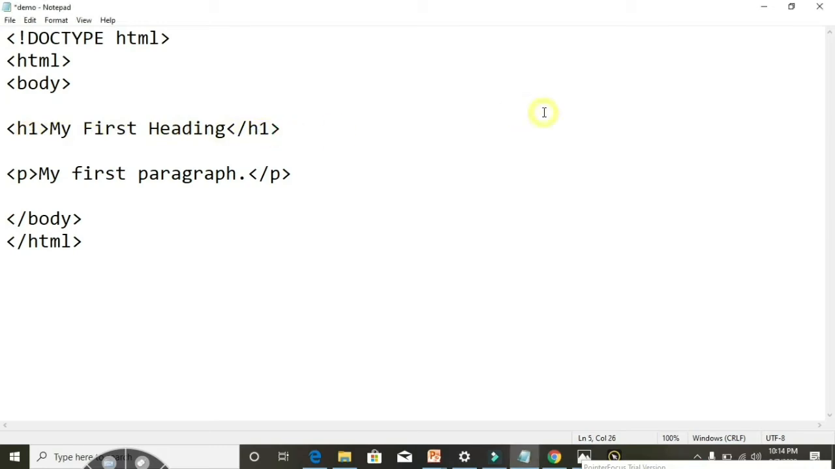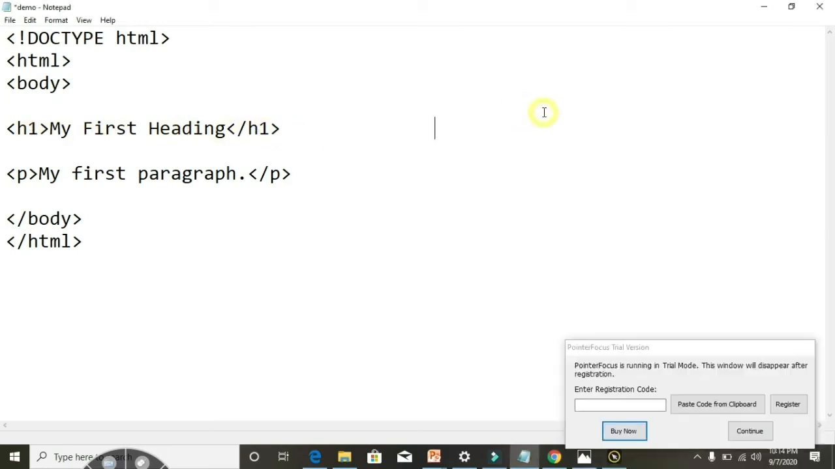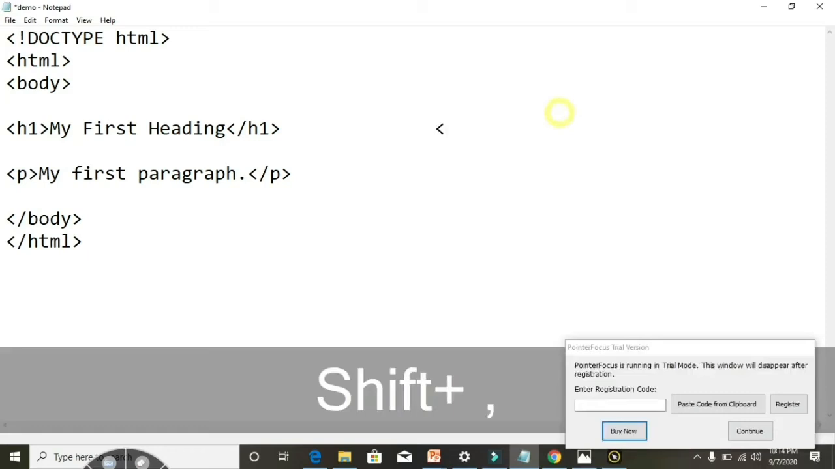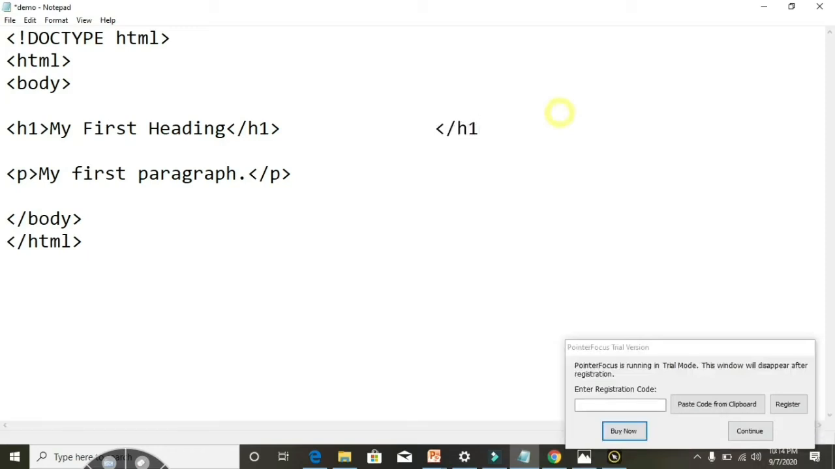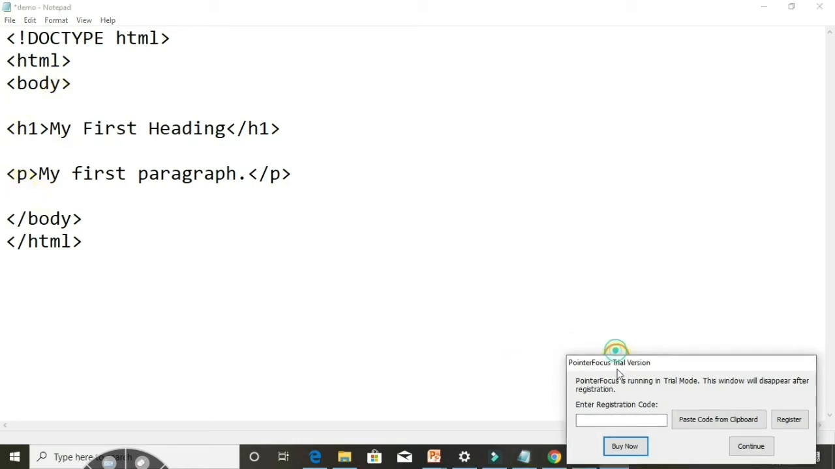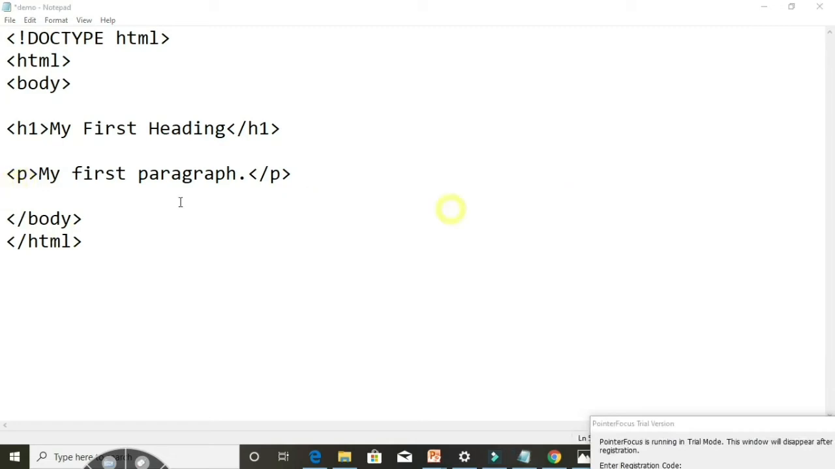So you have to write a closing tag: angled brackets, a slash symbol, h1, and angled brackets. This is the way to write a closing tag for all the tags in HTML. Next thing, paragraph. I want to present one paragraph in my web page. So I have used the p tag, paragraph, my first paragraph, and the closing tag for paragraph, closing tag for body, and